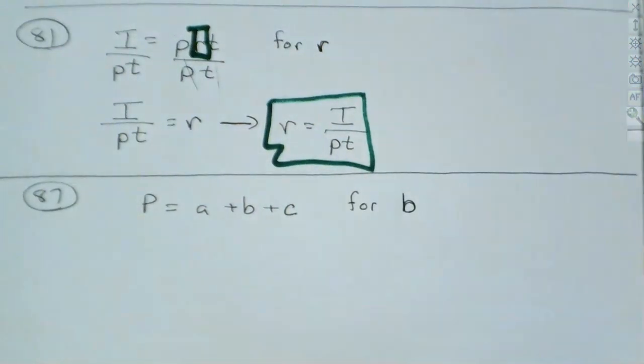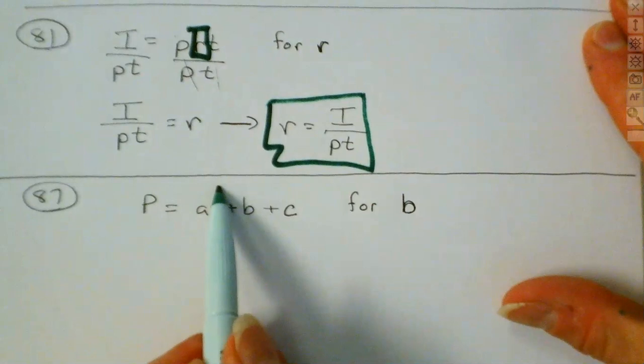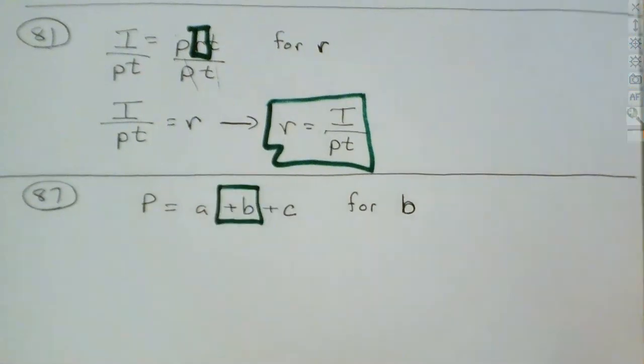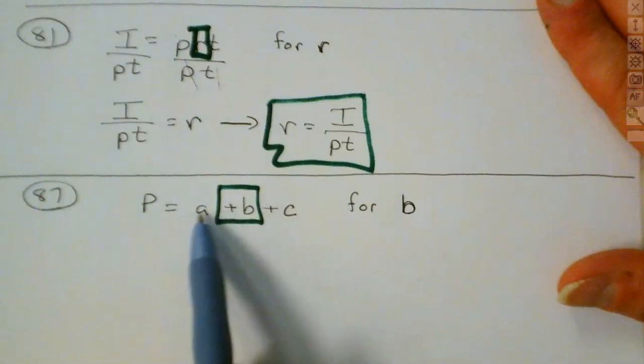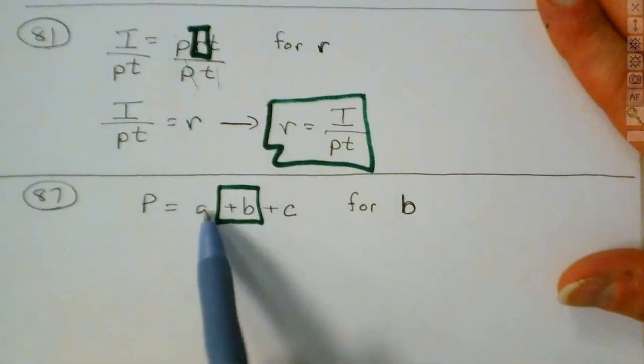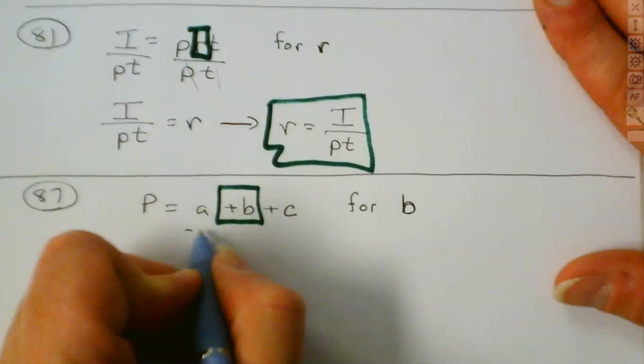Okay, so here's the B right here. And so there it is. Now, how does the A relate to the B? It's not multiplied, is it? Right? There's a plus sign in between. So how can I get rid of the A? Okay, it's not division, right? Because there's addition. So the opposite of the addition would be